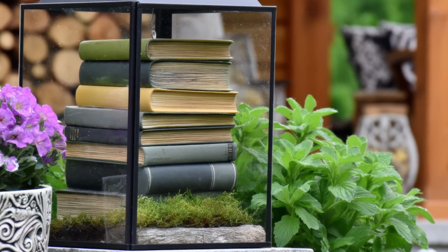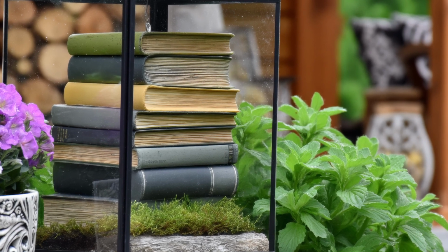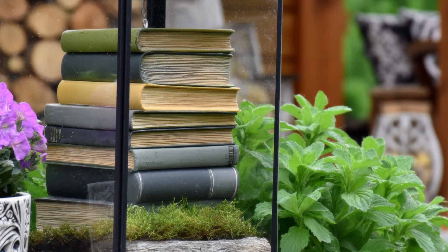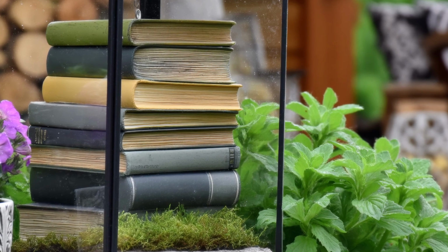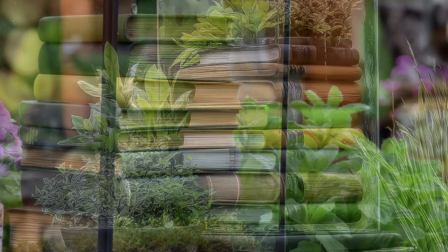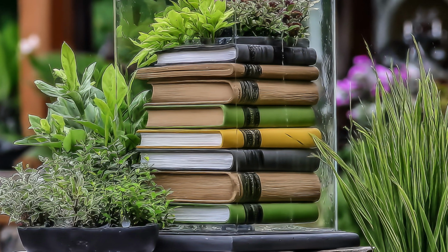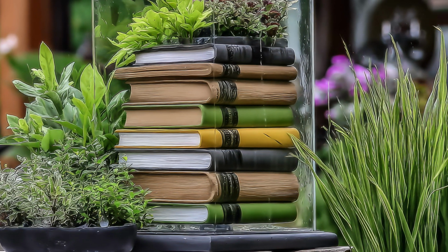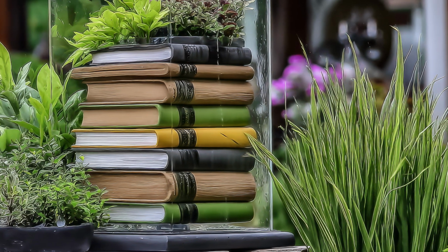The clear glass allows the books to be seen from every angle, their text and imagery preserved and displayed like cherished treasures. The books themselves, with their faded pages and well-worn covers, add a sense of timelessness and depth to the sculpture. Each book is carefully selected, its size and thickness contributing to the overall shape and structure of the pillar. The glass box, sealed tightly to ensure the books remain protected from the elements, acts as both a protective